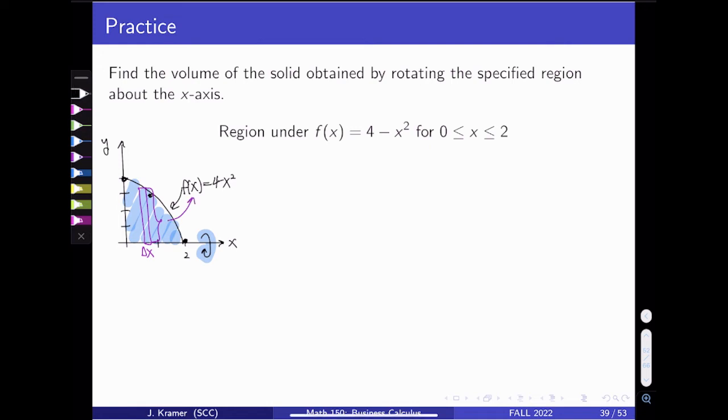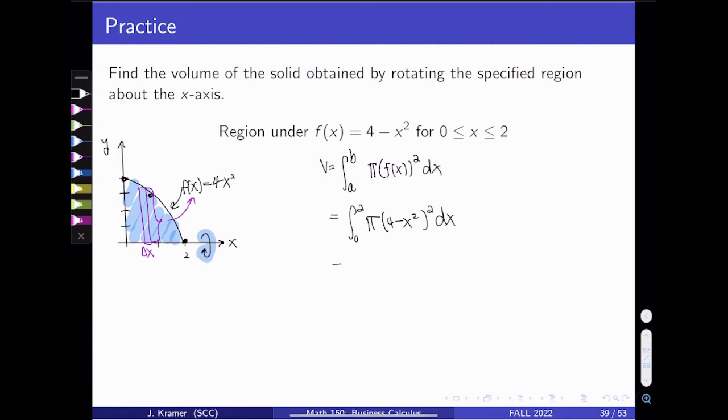So the formula for volume is the integral from a to b, pi r squared h, or pi times f of x squared dx, the delta x. So plugging in these values, we have the integral from 0 to 2, because my slices will go starting from 0, and I'll make my rectangles all the way until the end of my region. And then pi times 4 minus x squared